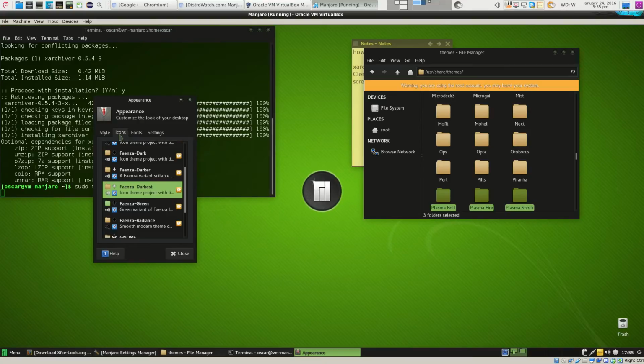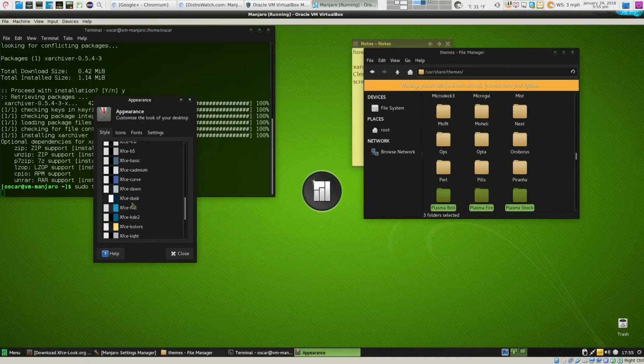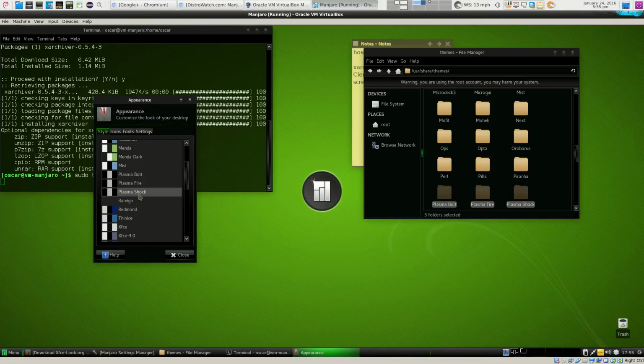Icons. That's fine. Style. It's here. Plasma. See, bolt, fire, shock: fire, which is red, and then bolt, which is blue.